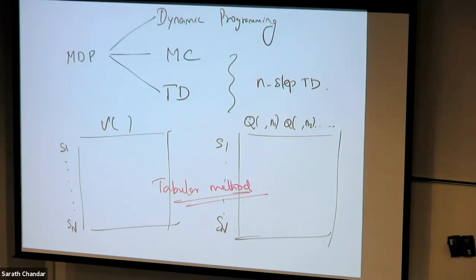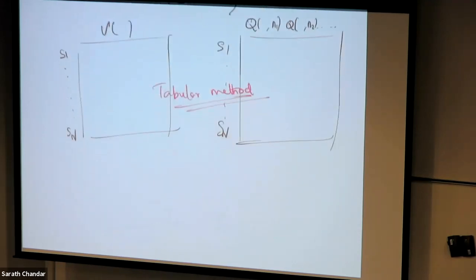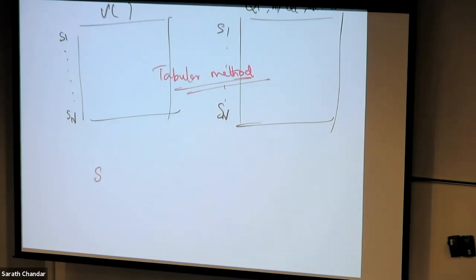Okay, now what do we do in those situations? This is where the idea of value function approximation comes into the picture. The idea of value function approximation is, for every state, let's take ST, instead of an entry in the table, I'm going to construct some features for the state, and I'm going to represent the state as X of ST.